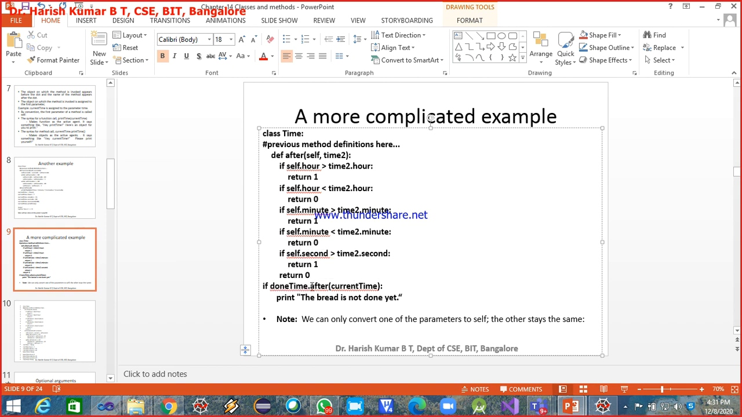Now you know the object on which the method is invoked is always the first parameter or first argument to the method, and along with that we are passing one more argument, that is current time. Now the done time object is referred to by self, and current time is referred to by time 2. I'm checking if self dot hours, which is nothing but done time dot hours, is greater than the current time dot hours, or time 2 dot hours, return 1. Otherwise,